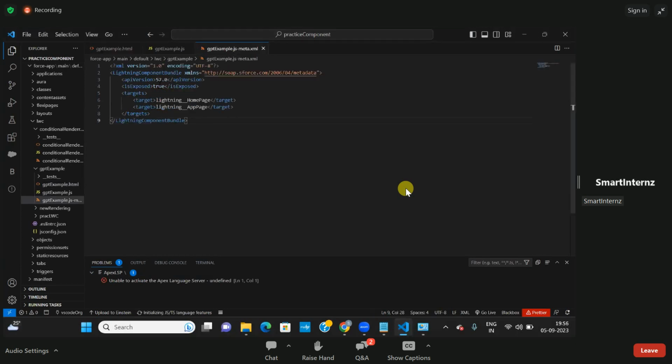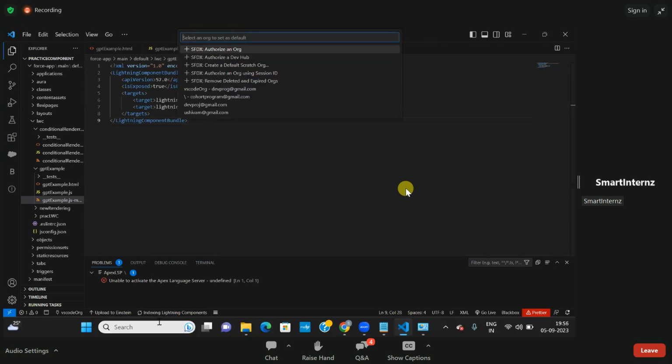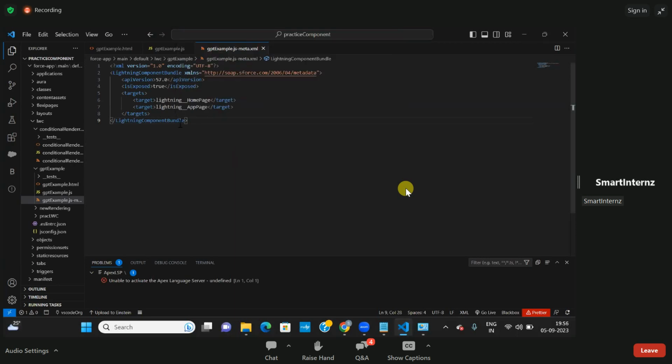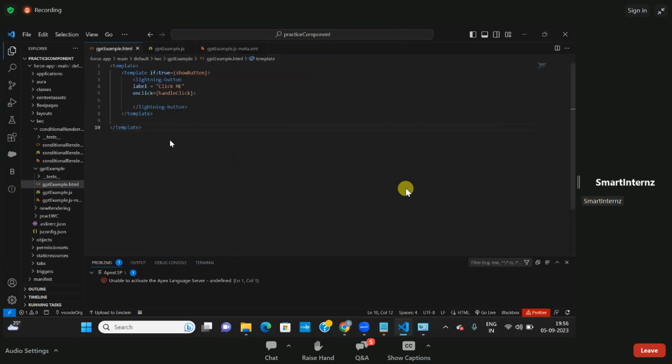First check whether you made this true and where you want that component. Just go to that page only, then it will get reflected. It is still running in the background, that's why it is not opening. Now it will be activating. So here you can see the dev project is connected to this. Okay, if I try to deploy this,